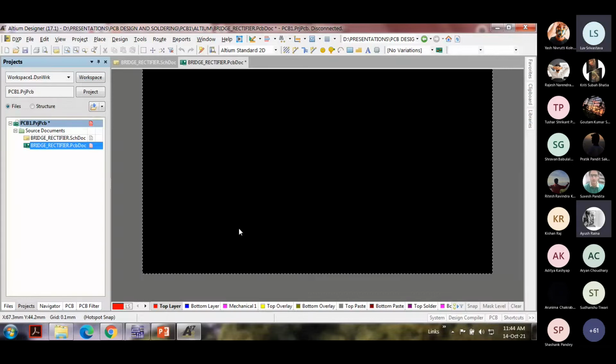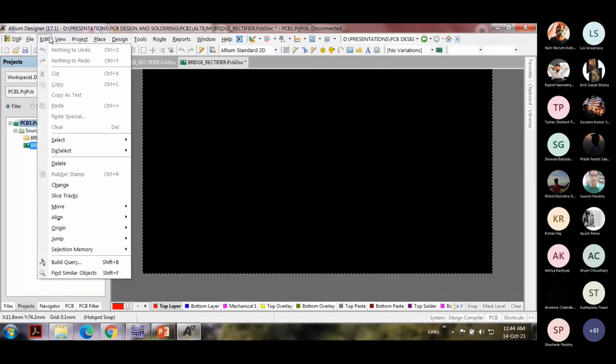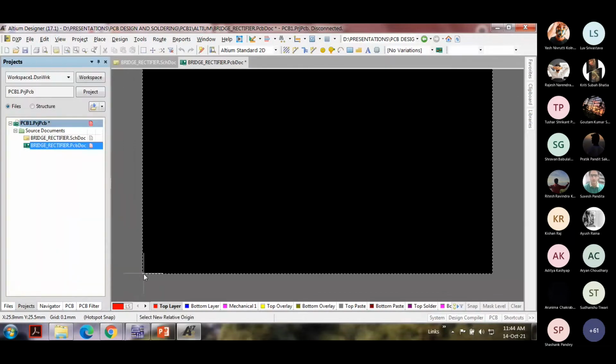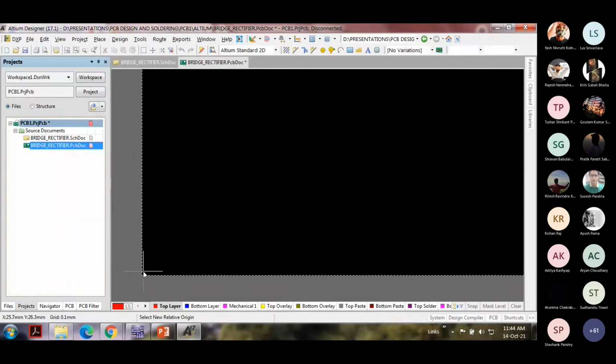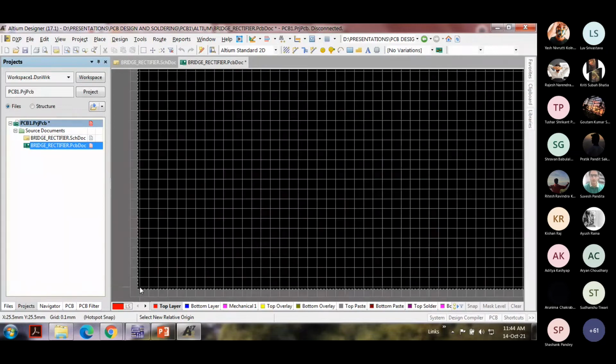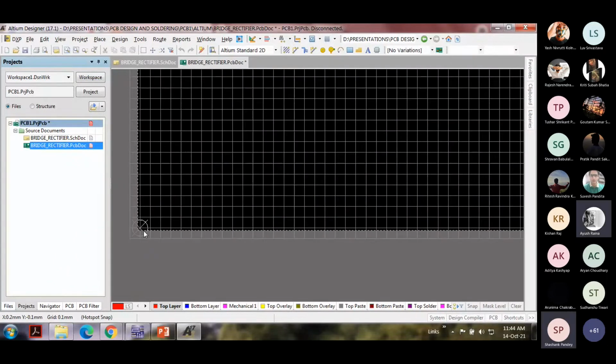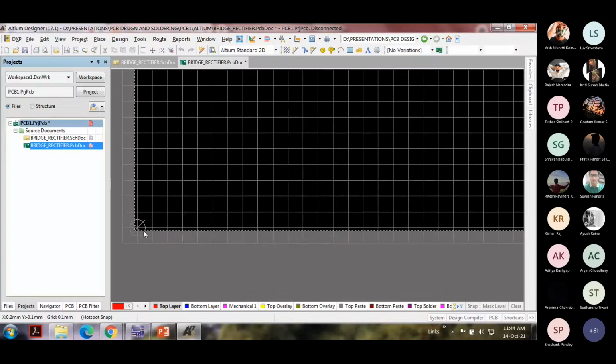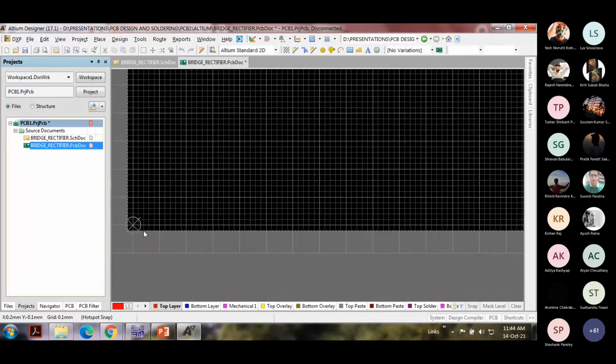All right. Now what we are going to do is set the origin. So click on Edit, click on Origin. You can zoom into it just like what we did, and you can click over here. And now this is going to be your new origin. Do you see the origin marker? So this is what we are going to call the origin.